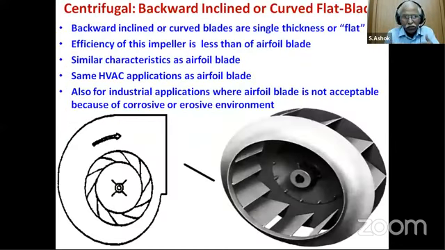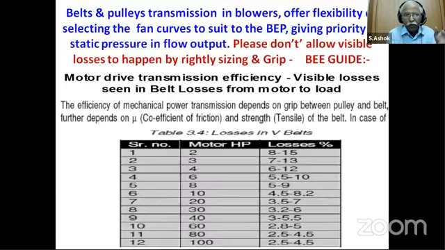And if it is a curved impeller or a flat plate impeller, if it is a flat plate curved impeller, the drop is around 5 to 7%. This also can be checked. And if it is airfoil, or an inclined impeller, it is near to airfoil. This is where the maximum delivery is possible. And in the air conditioning segment, we need only the airfoil type impeller.